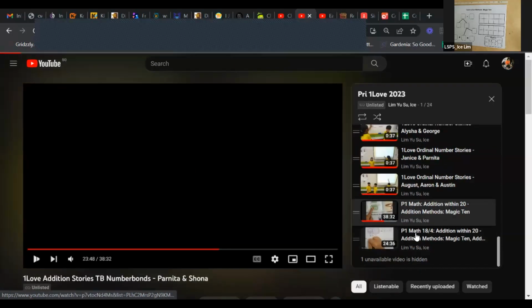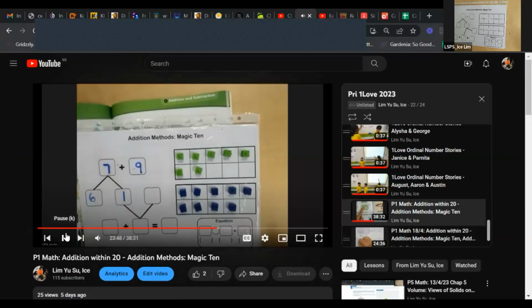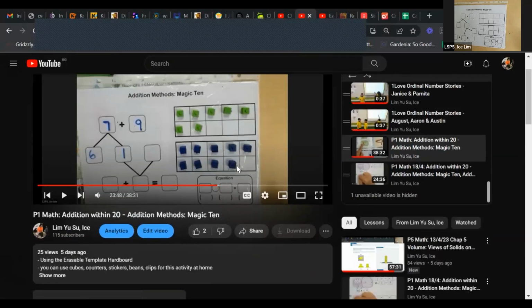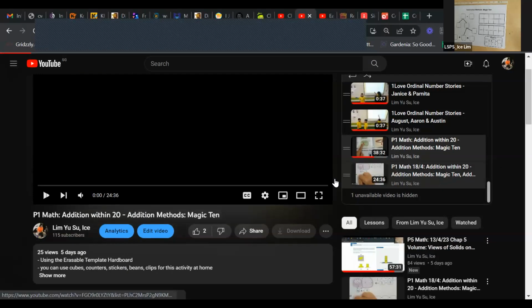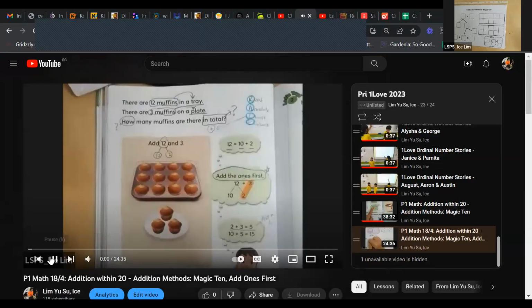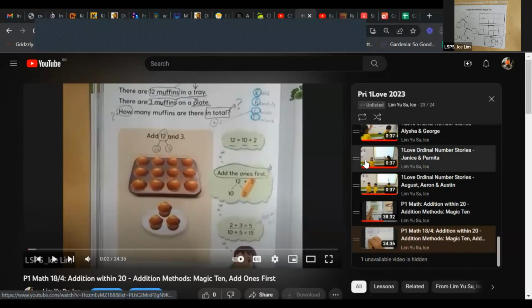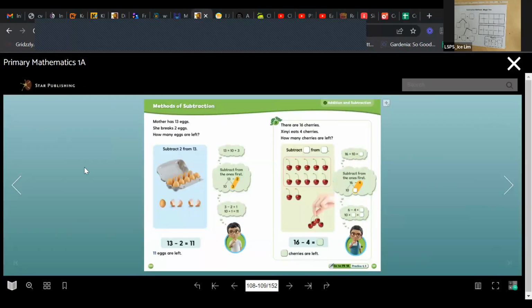So you'll see under addition, there are two strategies that we have done. The first one is called make 10 first, and the second strategy is add 1 first. So there are two strategies for addition that we have learned for the past 2 weeks. In your textbook as well,